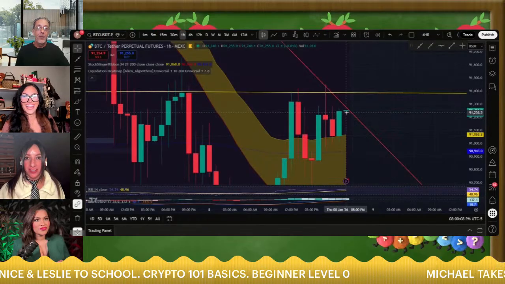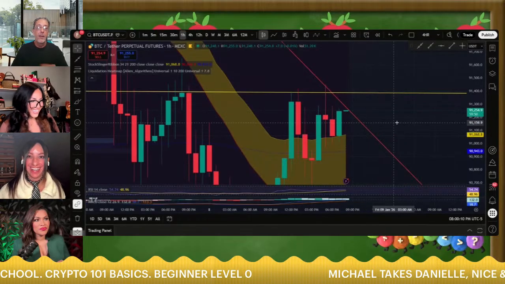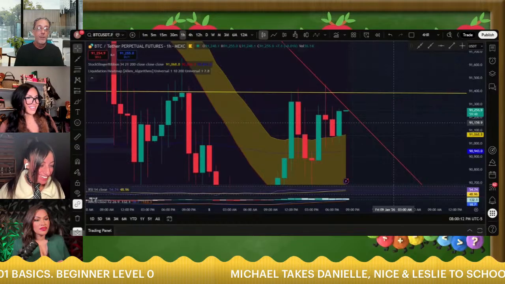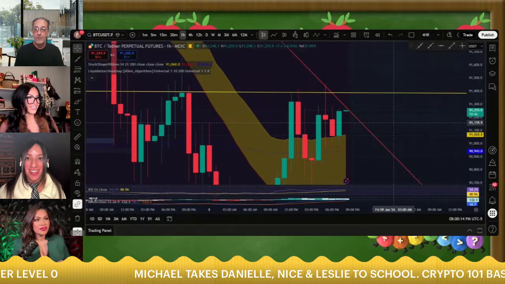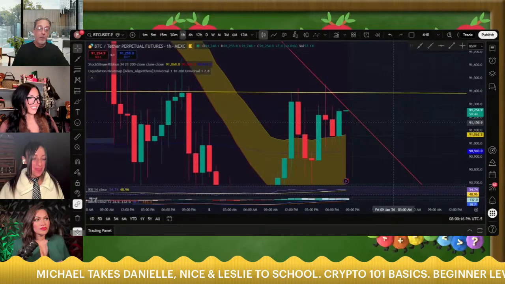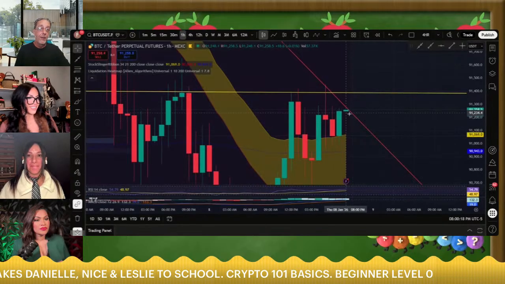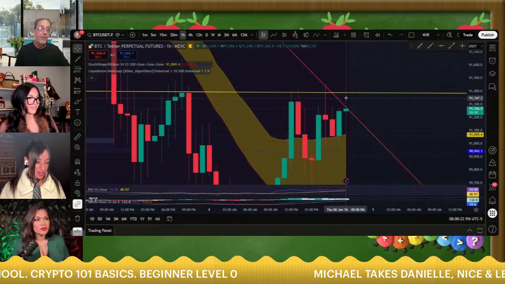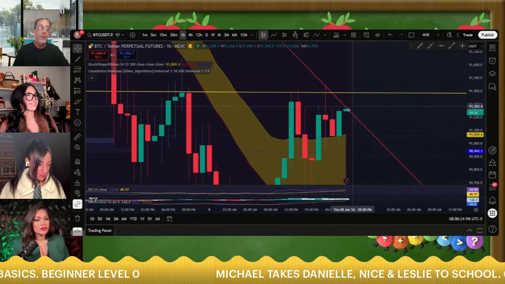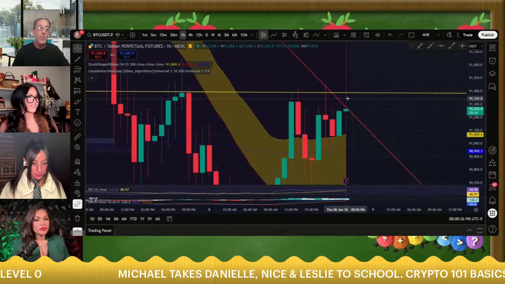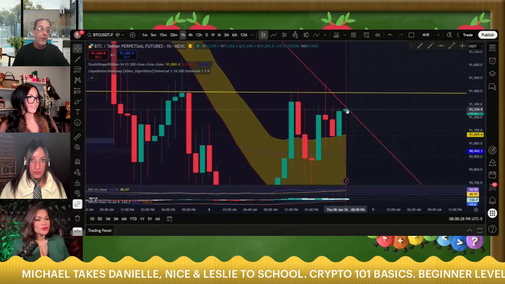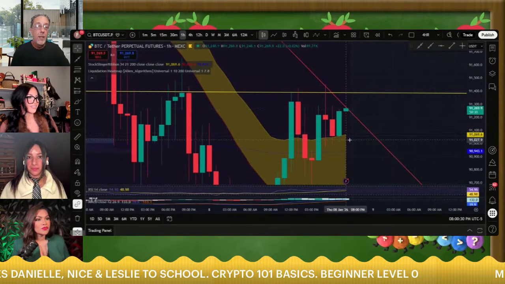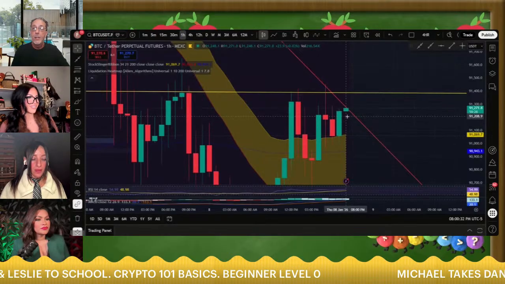So it created a new candle and it went up a little bit. Let's see if we're going to get any push off of it. It came up on this trend line, so that trend line is resistance as well. It needs to break above this trend line. If it does, we're going to go up, which is bullish, but we could also come straight back down as well. But as of right now, it's looking pretty good.